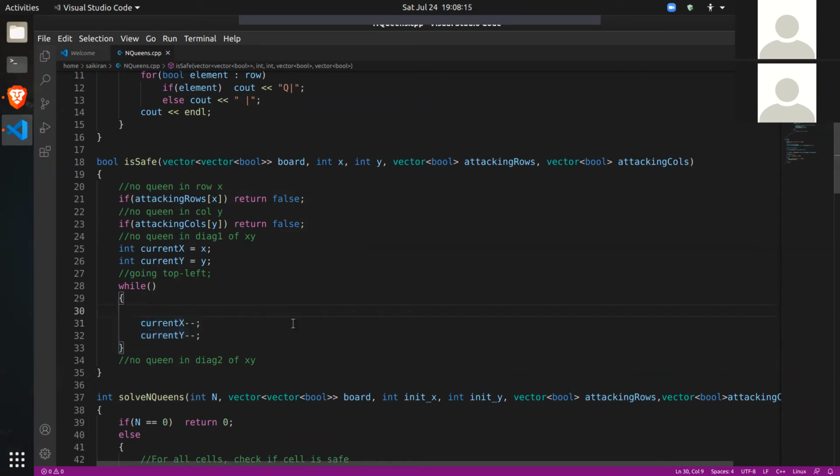And what is the checking? So if board of current x, current y is true, that means there is a queen there. Or you can check that column and row.